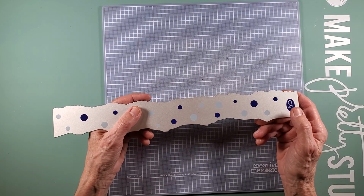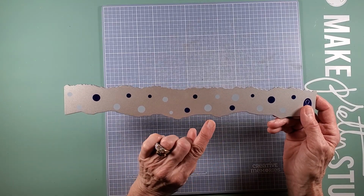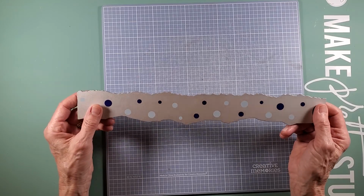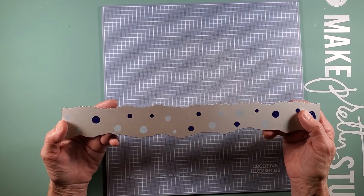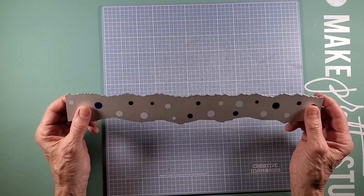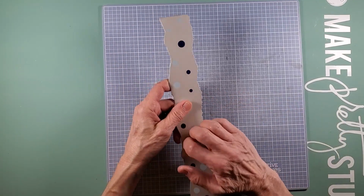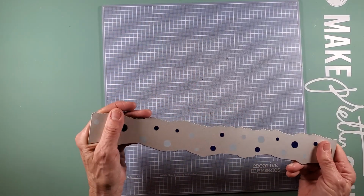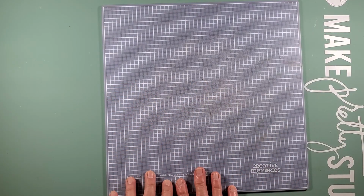Now, you don't have to buy them from Creative Memories. I don't know the price of them. However, there are other companies. There's plastic ones that you can buy. I don't know how good the edging is. I know Gail Agostinelli has a plastic one she uses, and she seems to like it a lot. You could always shoot Gail a message to see how she likes hers. I just like the metal because I know it's not going to crack on me or bend or do anything funky. So I like the Creative Memories one. Okay,